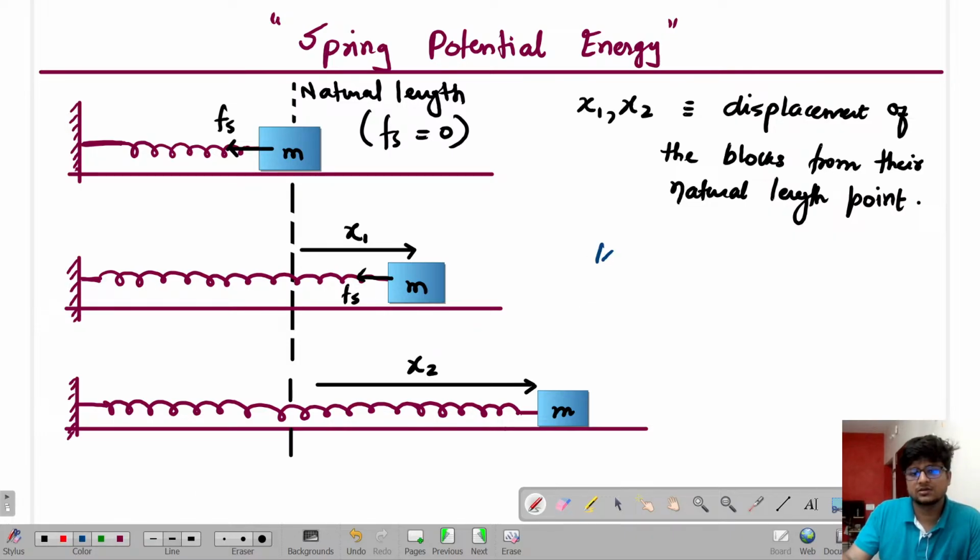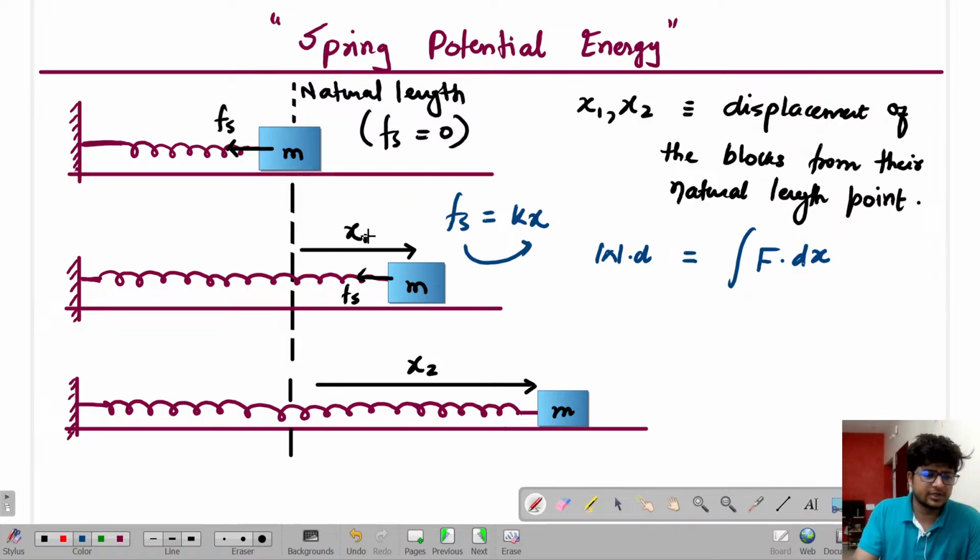We know that work done by any kind of force is F dot dx if it is path dependent. As we know, the spring force is written as k into x, which means it is dependent on position. As position changes, the spring force is going to change. Are you able to get me or not? So if I apply this formula, work done is equal to integral of kx into dx, going from some x1 to some x2. And if you look at the second point, this is a dot product, F dot dx, which means